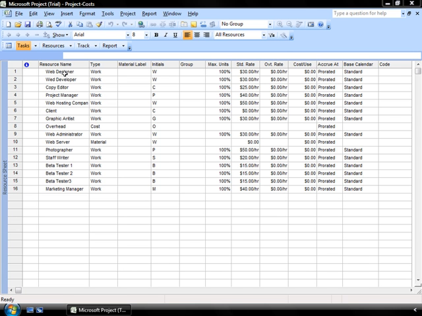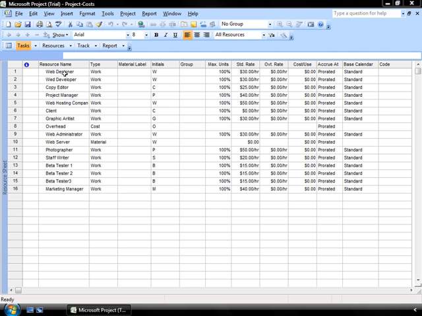There are many different types of costs you will incur when you're working on a project. Costs may be fixed during the life of your project, or they may vary as they're used. We'll explore fixed costs more in our next movie. There may also be rate changes for some of your resources during the course of your project, and you want to be able to capture that information.